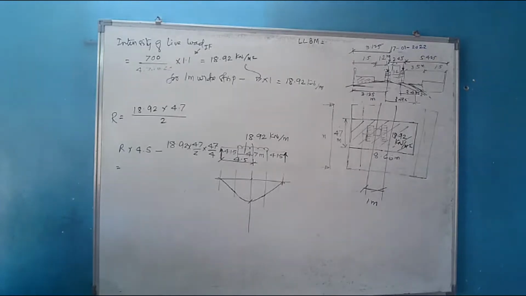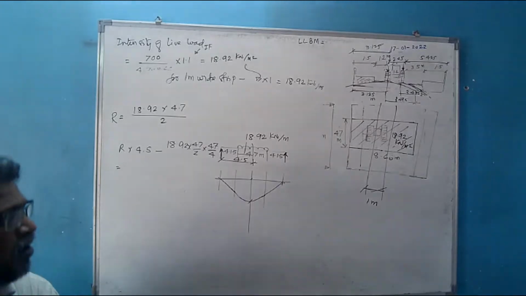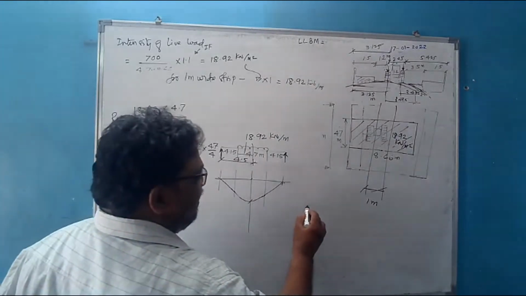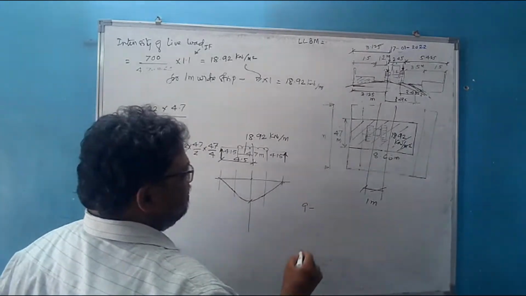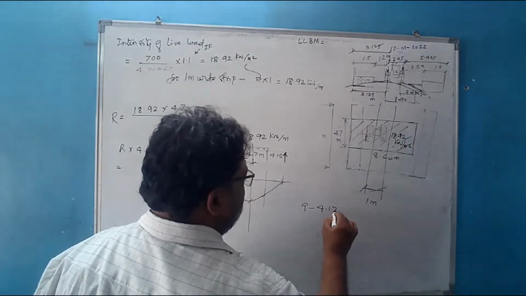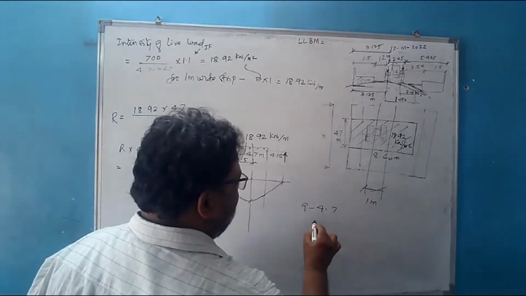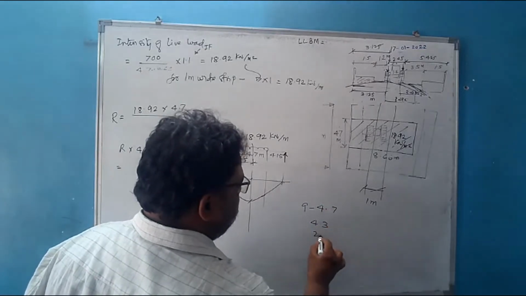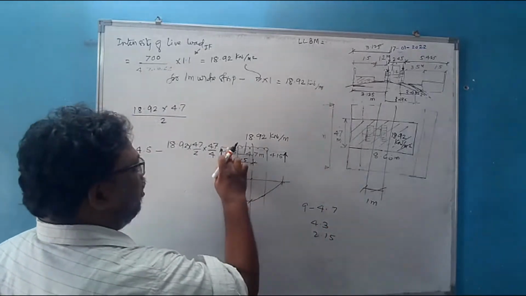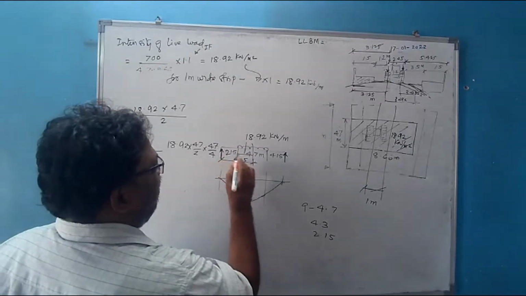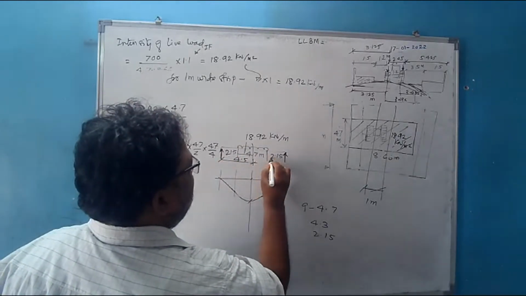Tell everybody to join the lecture. Why the total span is 13? स्पैन कितना रहेगा? 9 मीटर में से माइनस करना है हमको। 9 माइनस 4.7 था ना, 4.7 तो कितना हो जाएगा ये? 4.3। सो 2.15 रहेगा। This is not 4.15, it must be 2.15. स्पैन 9 मीटर है तो